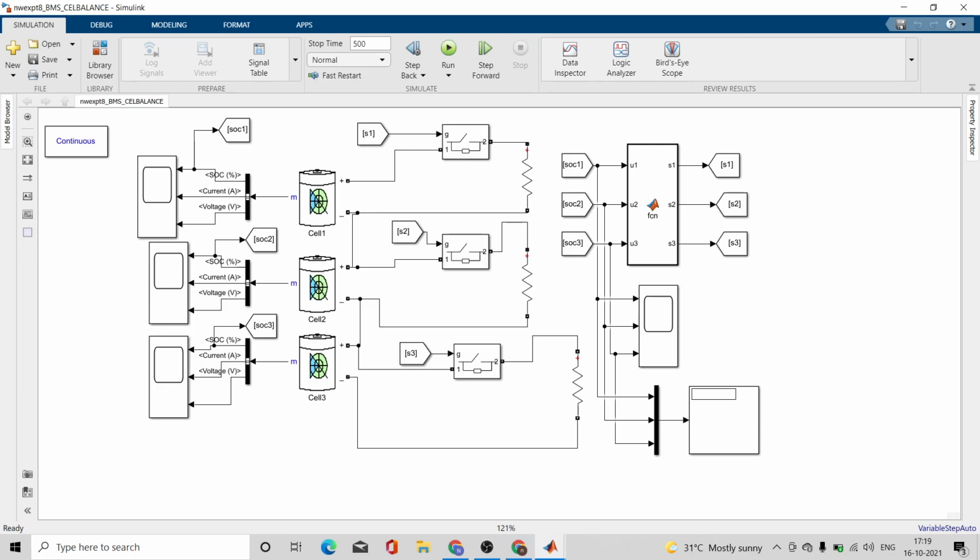We have taken SOC and given SOC to my function block. Means my function block will decide which switch has to be open or closed according to the SOC. So let us see what is there in the function block.